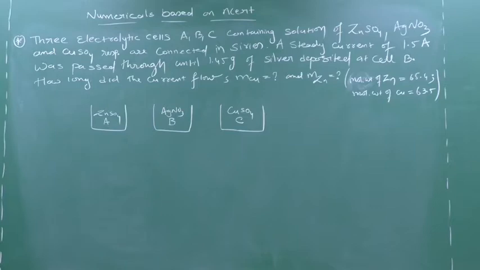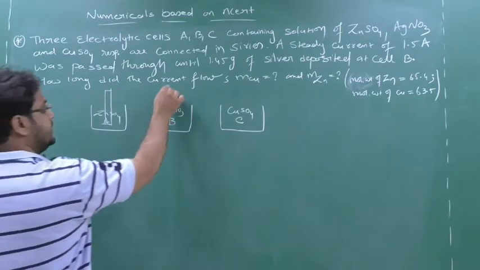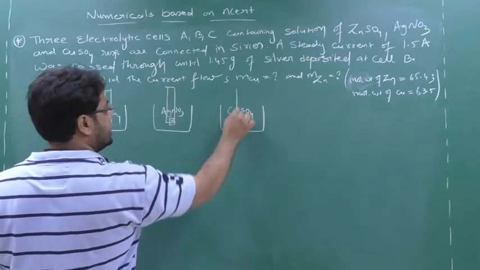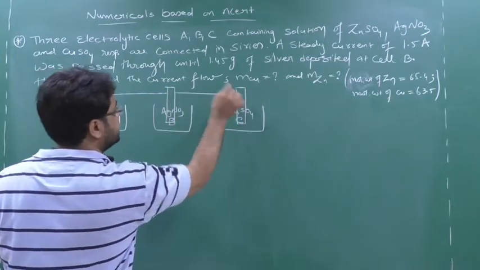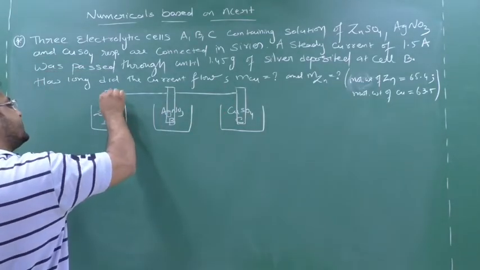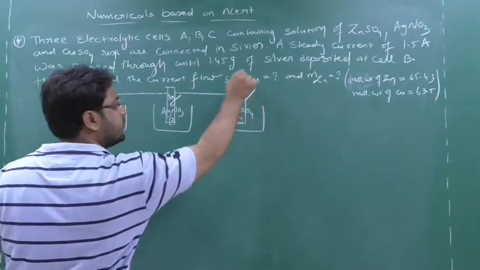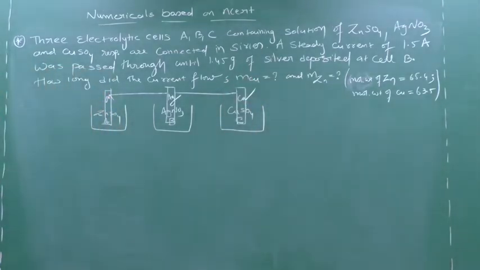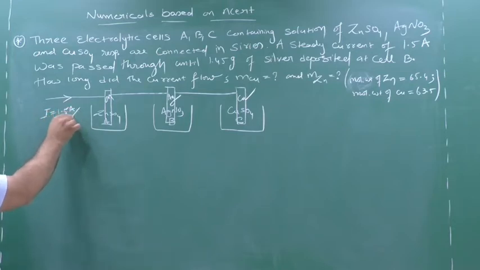are connected in series. So here there will be a zinc electrode, here there will be an Ag electrode, and here there will be a copper electrode, and these are all connected in series. So this will be the zinc electrode, this will be the Ag electrode, and this will be the copper electrode, and they are connected in series. Okay. A steady current of 1.5 ampere is supplied. So from here I is equal to 1.5 ampere is supplied